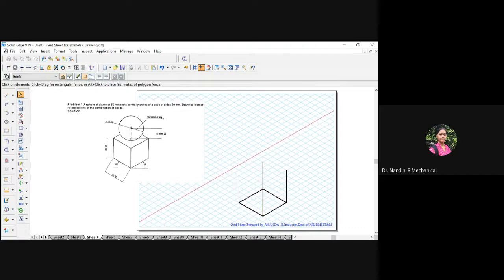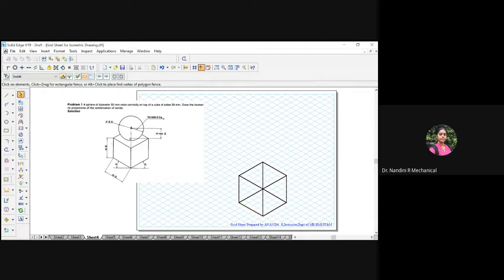After this, now you have to join the top surface. So use the line command. I have drawn 6 units here, so just make it into 5 units: 1, 2, 3, 4, and 5. Then you join all the sides of the top surface of the cube, from here till here, here till here, and from here till here. So we constructed the cube of 50 mm side.